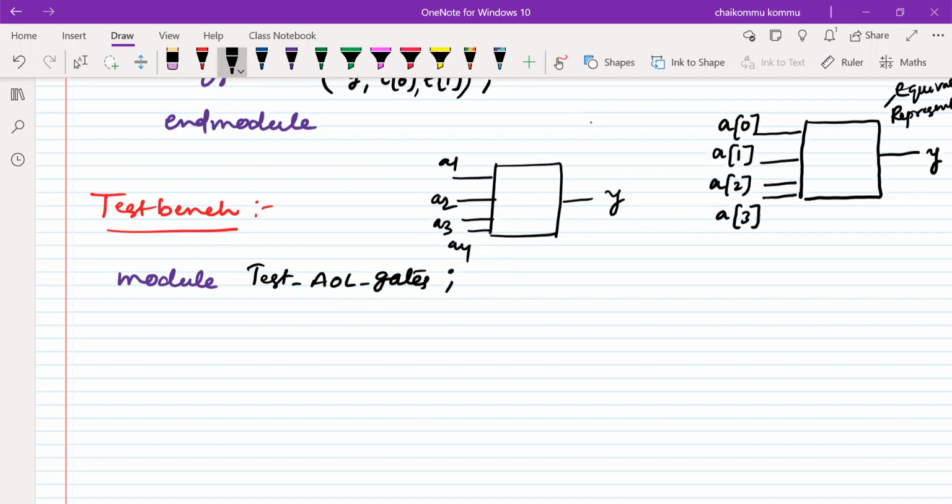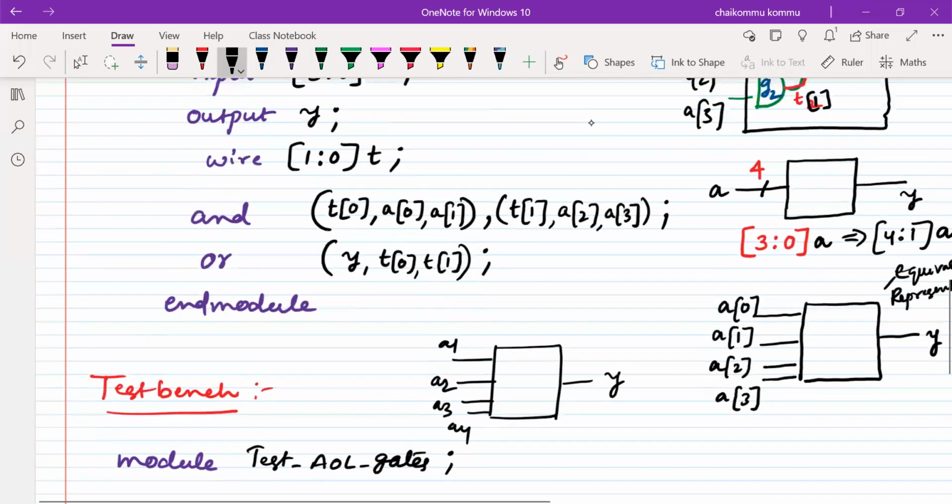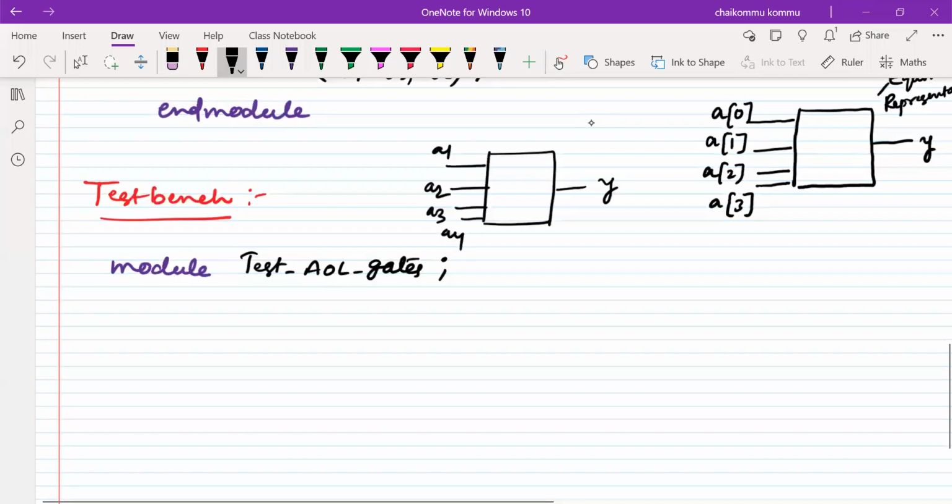The second step is all the inputs and outputs are represented in a different manner. The inputs are represented by the register data type. Reg is a keyword for the register data type. The inputs are reg [3:0] A. Next, what is the output?